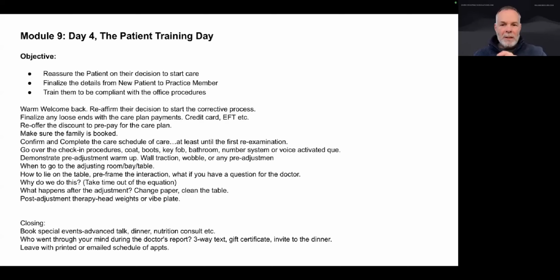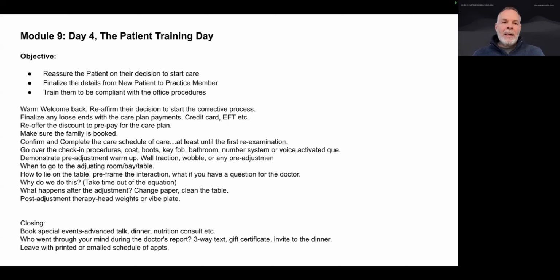If you had some sort of a system, or maybe the rooms are numbered, or whoever that is, they would go to the table. And then when they get to the table, what happens? So do you want them sitting? Do you want them lying down? Do they lie down in position? And I would say we always had patients lie down in the position where they would be ready to receive